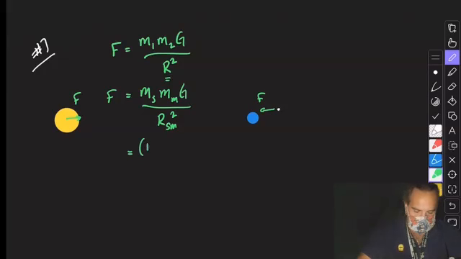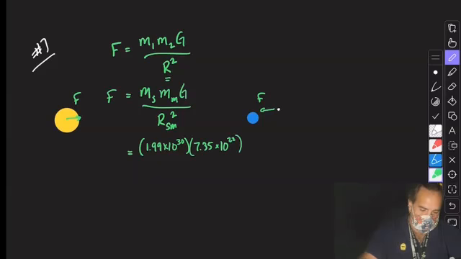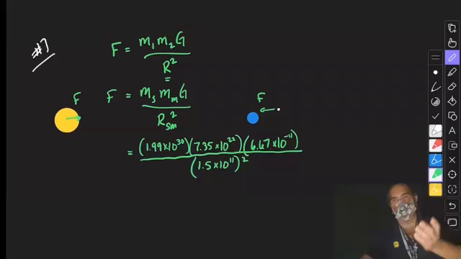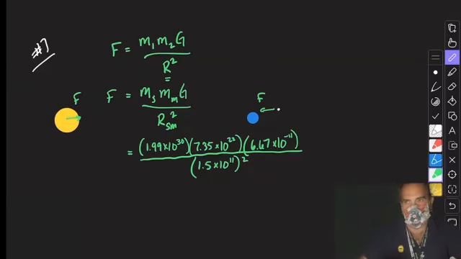So this is going to be 1.99 times 10 to the 30, 7.35 times 10 to the 22nd, and then 6.67 times 10 to the negative 11th. I left the units out. And we need that separation distance too. I don't have this one memorized, but they say 1.5 times 10 to the 11th, and this is squared. Your biggest problem here is you got to put all this in your calculator, and that tends to be hard for you guys